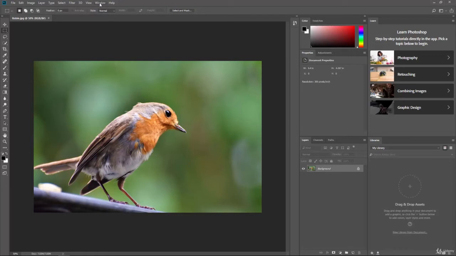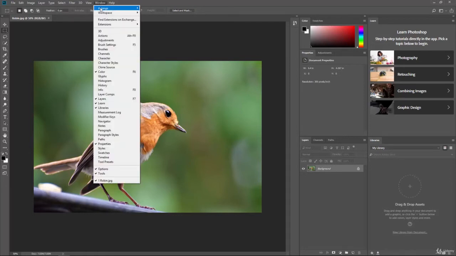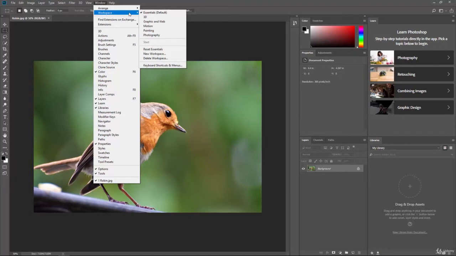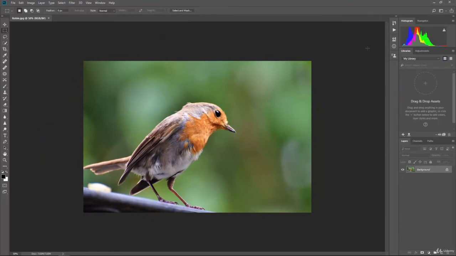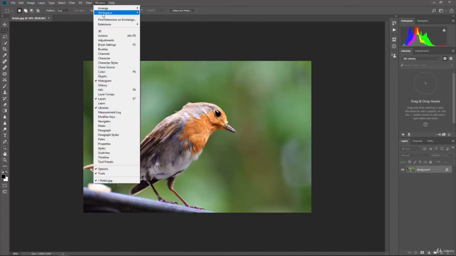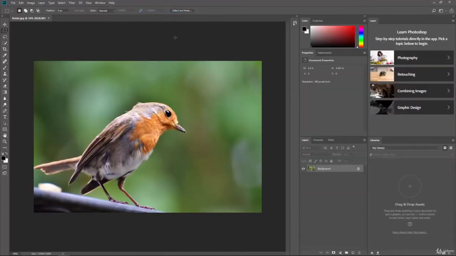You might also want to go up to the top, and under Window, you can go down to Workspace and make sure that the Essentials workspace is selected. And you can also reset that Essentials workspace if you want. Here you can also see we can create other workspaces, and we will get into that a little later on. There's also different workspaces for 3D, graphic and web, motion, painting, and photography. And by clicking on one of these, it'll change out all of the different menus and different things that you have here based on what you would need for that particular field of study. So I'm going to go back and just change this back to the Essentials,